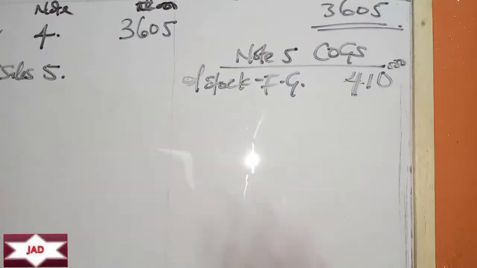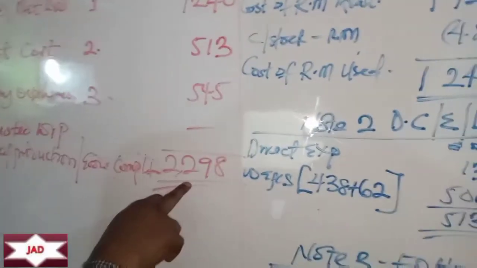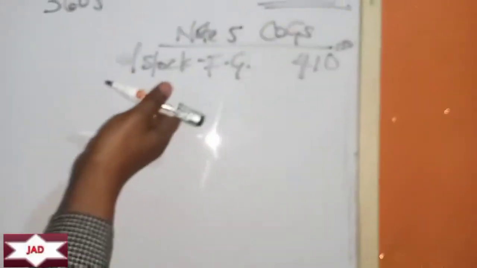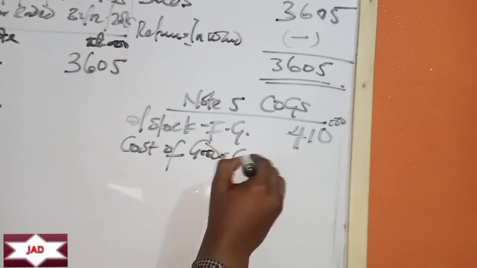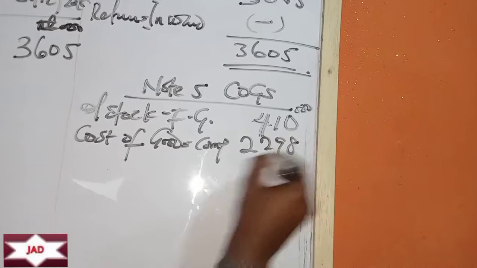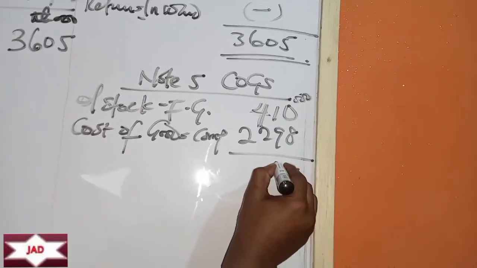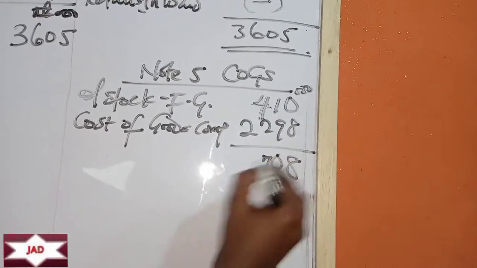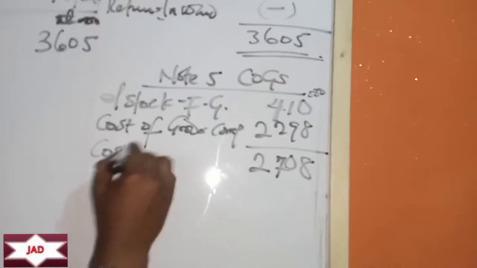And then this year we manufactured. So what do we manufacture? Based on the manufacturing account, cost of production or cost of goods is 2298. Okay, so we transfer it to this trading section. So we say cost of goods completed is 2298. So you add up. So we have 8. 1 plus 9 is 10. Right? 4 plus 2 is 6, 7. So this will be 2. So you can call this cost of